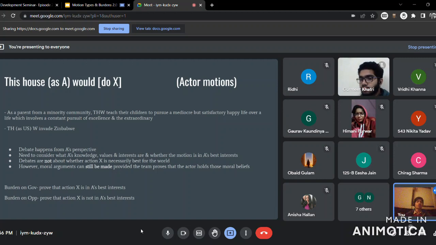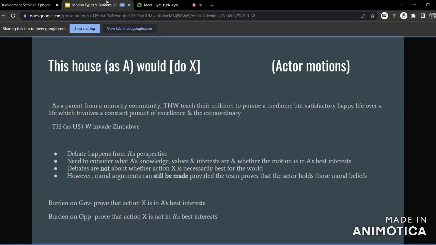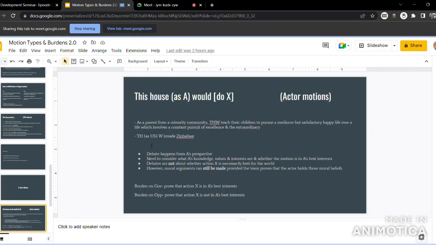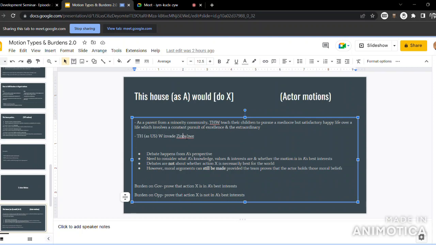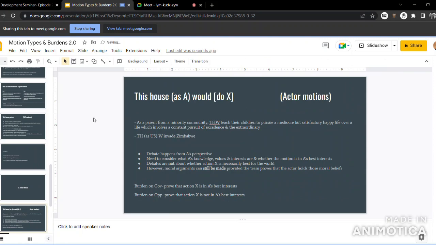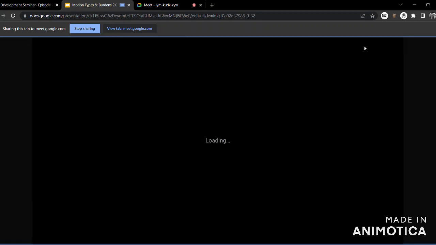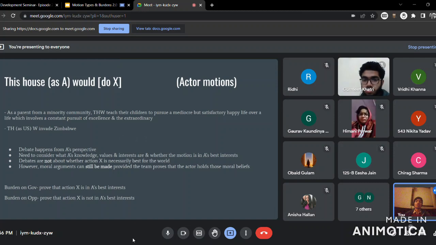Similarly, in the second motion, if we're talking about this house as US would invade Zimbabwe. Now, US invading Zimbabwe would probably be a violent thing. It's possible that US will use violence over Zimbabwe and some involvement of military will be there and things like that. So, इसके real world impacts, मतलब from a neutral perspective, ठीक है, people in Zimbabwe might die due